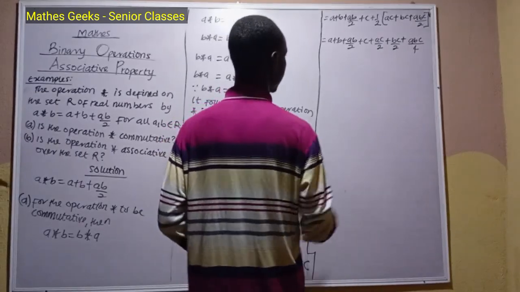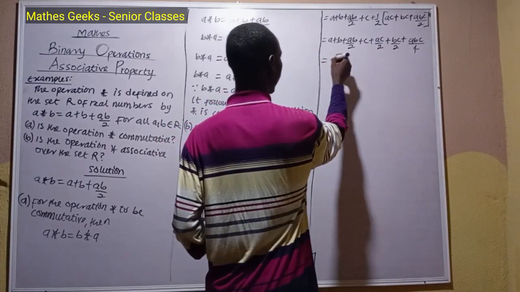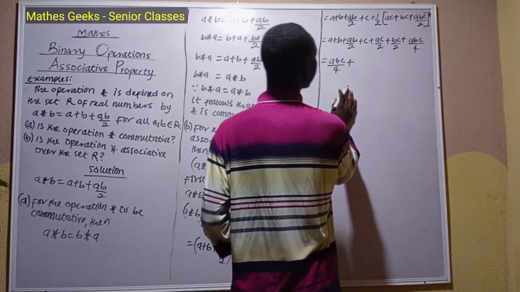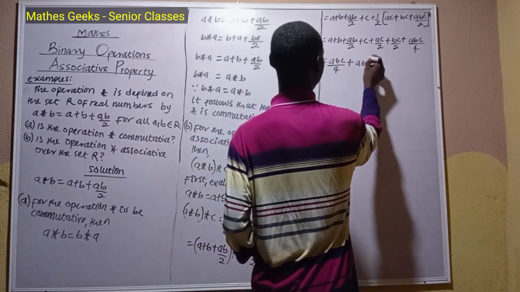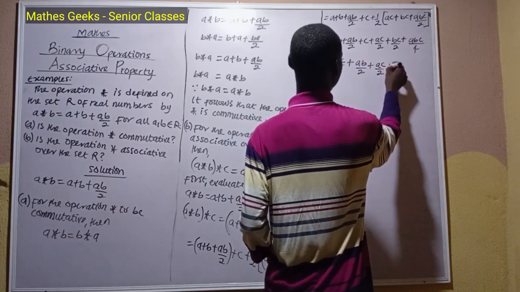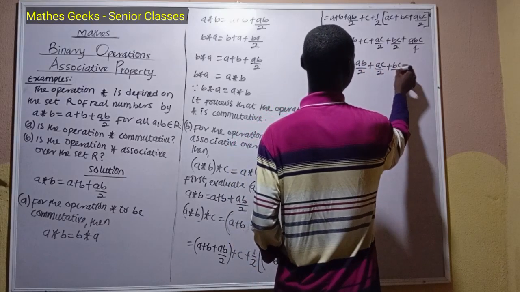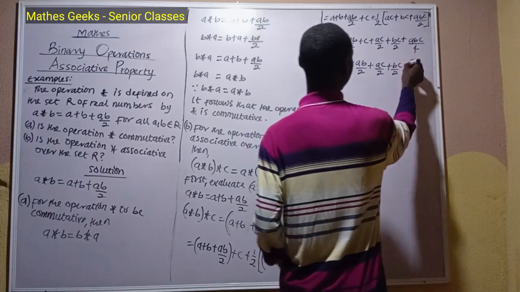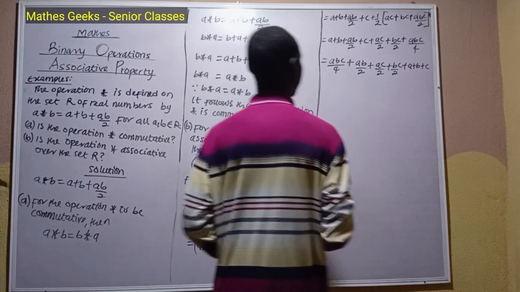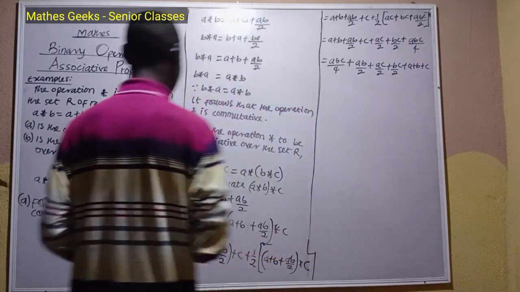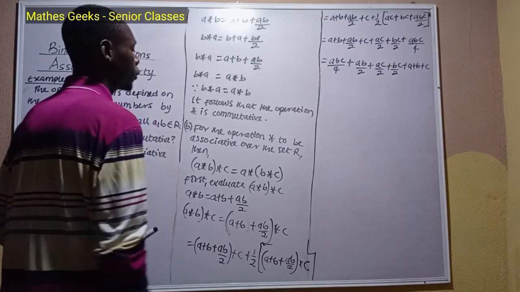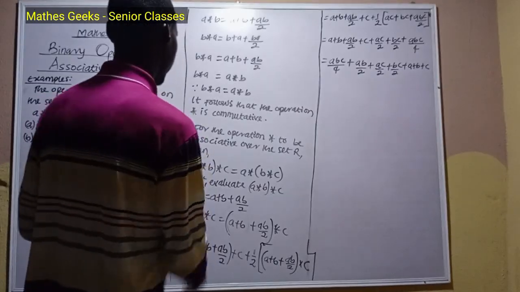So let's rewrite this. So this will give us ABC over 4 plus AB over 2 plus AC over 2 plus BC over 2 plus A plus B plus C. So this is what you're going to get when A star B combines to star C. So this is the first part of